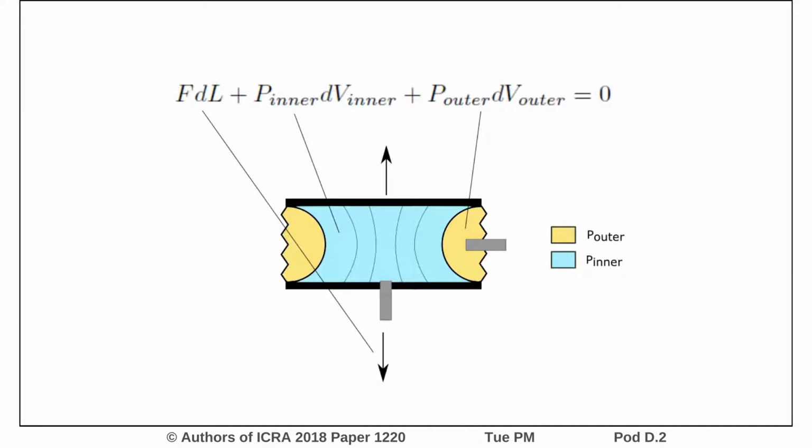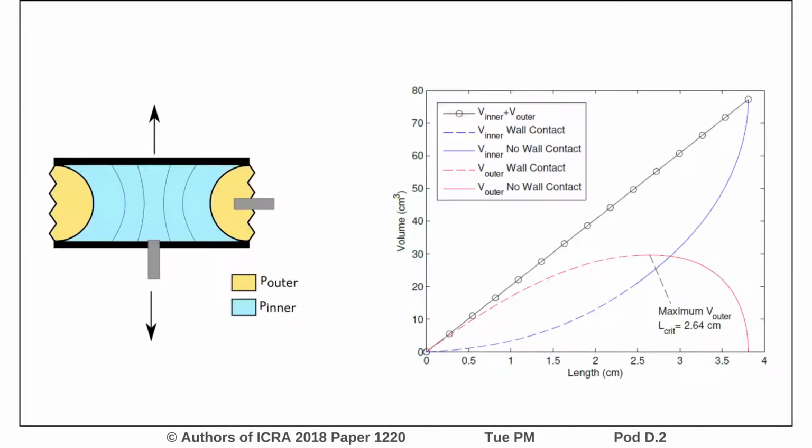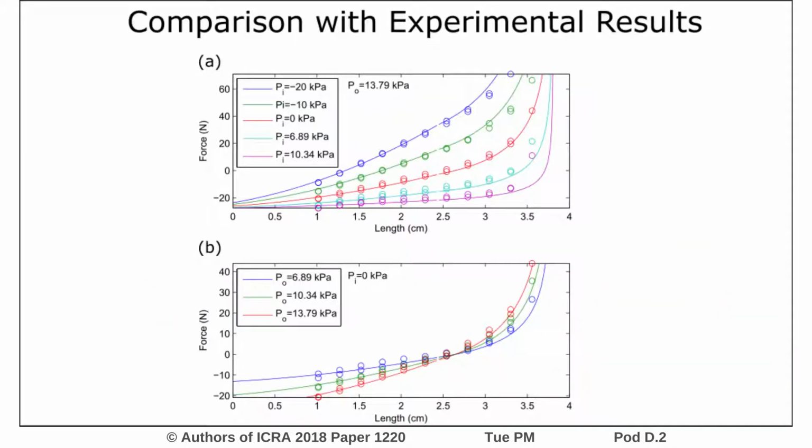Computing the work done by the pressure chambers requires computing how the volume of the inner and outer chambers change with actuator length. We analyze the membrane shape and compute the volumes of the inner and outer chambers as shown in this plot. This plot compares force displacement curves predicted by the model with experimental data. This model is able to predict the change in force output with changes in both the inner and outer pressure